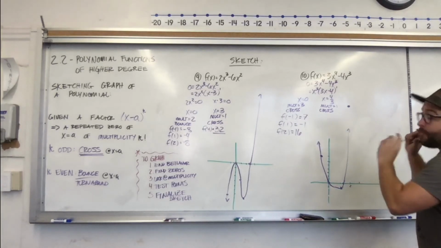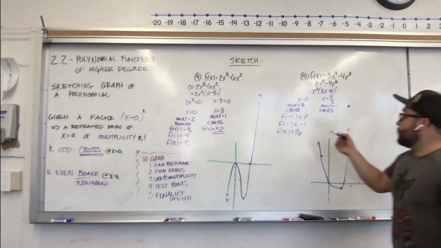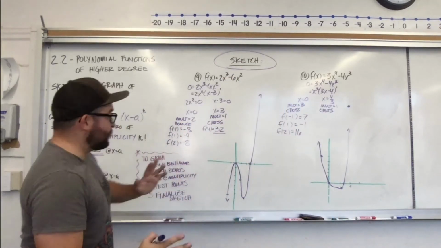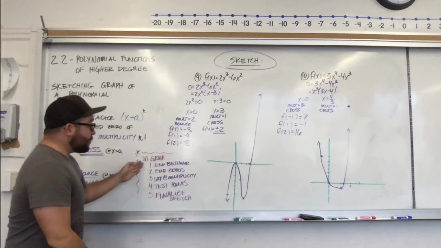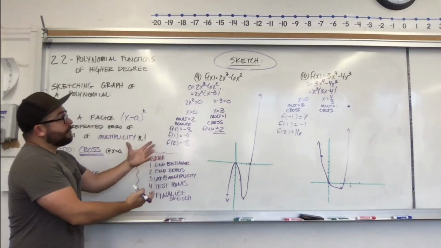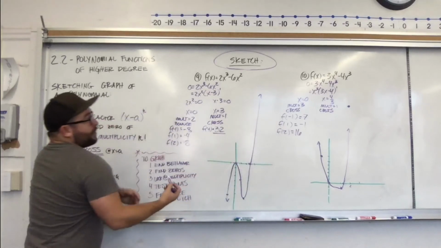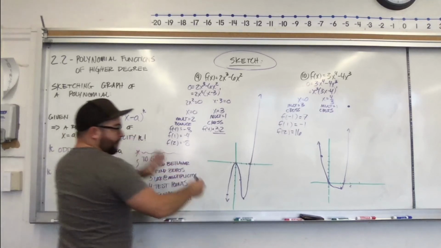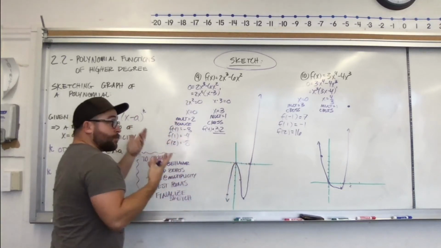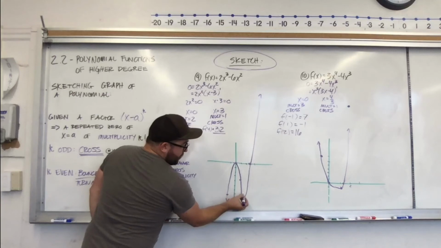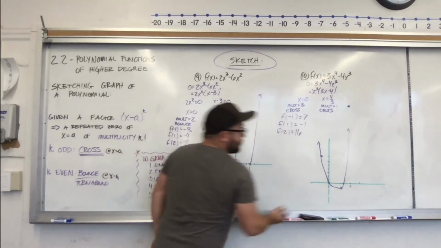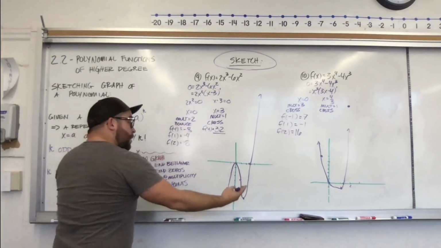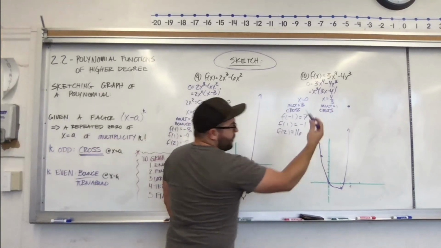Now, the final thing on this idea of sketching these polynomials is this word right here of sketch. So if I say to sketch something, it should be to this degree. Shouldn't just be a quick S curve or just a U. We should have the zeros, end behavior, some points in the middle, and kind of finalizing it. But it's sketch because, well, it could be a little steeper, a little shallower on those in-between points, and it's just based off how many points we test. If I were to say draw, we'd want it to be 100% accurate,